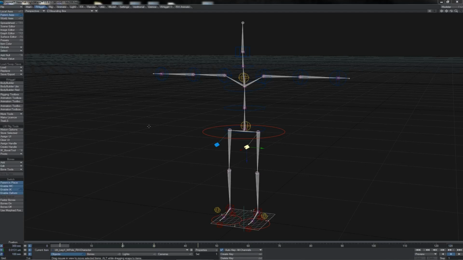One of the ways in which Rhiggit works is that the rigs themselves have embedded data within them that is a part of the scene file. Now, as a user or an animator, you don't need to worry about this data in the sense of interacting with it in any way. However, it is very important for the correct functioning of Rhiggit's tools, be that the bodybuilder or animation toolbox and so on, as it is through this data that these tools are able to interpret the rig and understand how